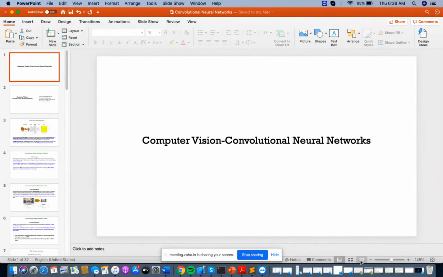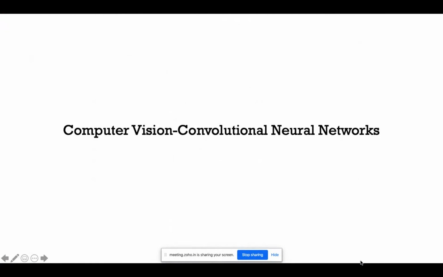Right, computer vision. Can I call this computer vision a machine vision?